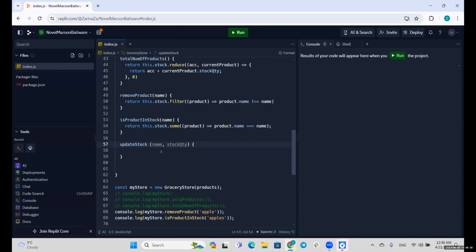Okay, so that gives us more freedom, right? We can do any of those. So let's handle both of those cases inside one function. By the way, I think I'm looking at the remove product now on line